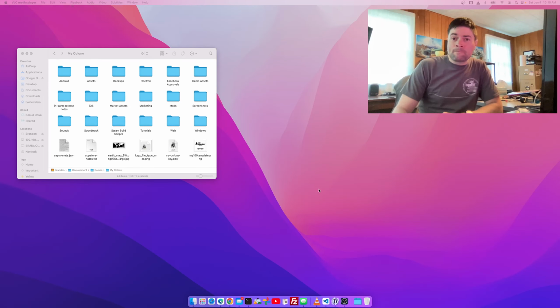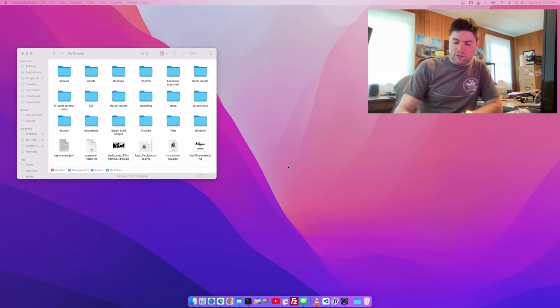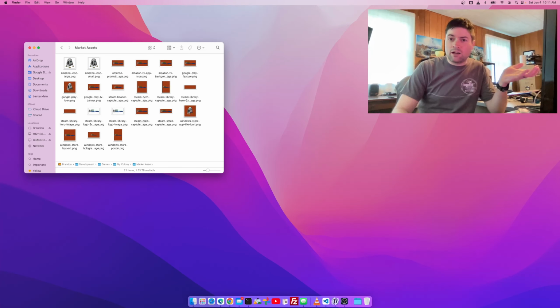Now, what is that? Normally, if you draw a picture on the computer or take a picture with your camera, like with Photoshop or even Microsoft Paint or anything like that, you're going to have a rasterized graphic, which is to say it's a set size, it's a set resolution, each pixel is a certain color, and that's what it is. So for example, if I look at a game I made called My Colony, and I look at the icon for the Amazon App Store, double click on it,